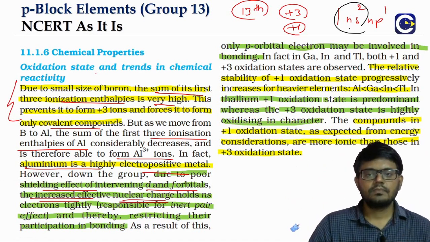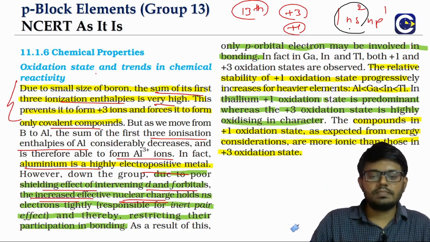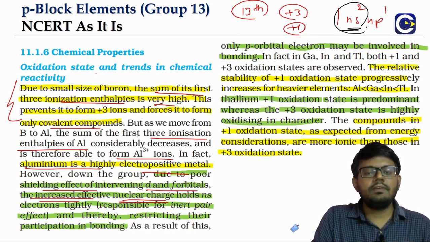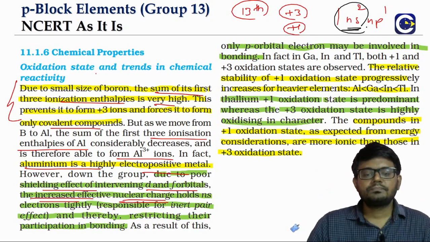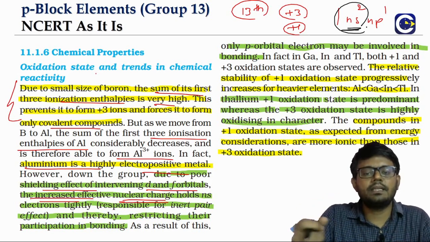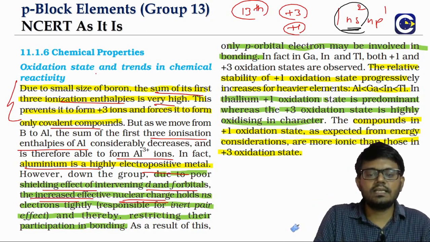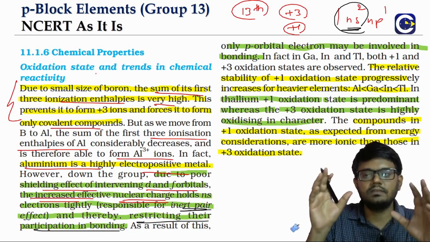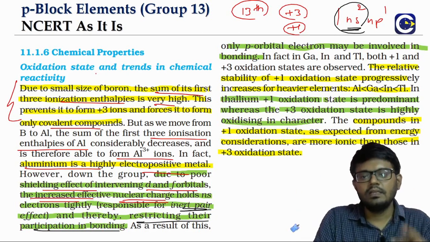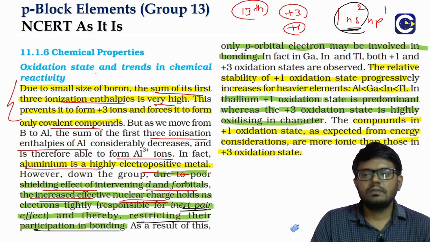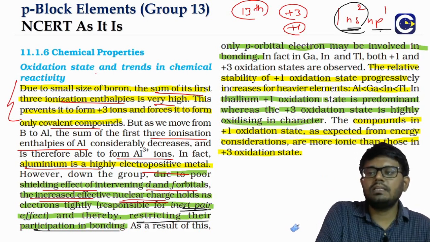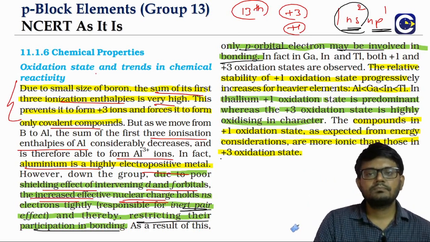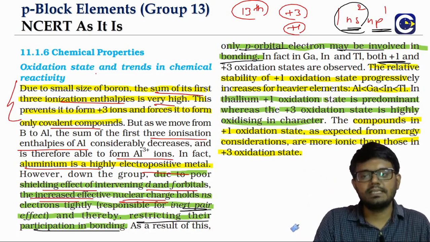Dumbbell shape. So as a result, what we will observe is these ns electrons, the 2 electrons in that ns level, will be held increasingly more tightly. In a way, they will be prevented from participating in the bonding. So these ns electrons will be restricted from participating in the bonding, and that is what we call the inert pair. Why the word pair? Because we have 2 electrons here in the ns. Inert means they become chemically inert, and it leaves only the 1 electron in the np level. So only that p electron will then participate in the bonding. That is the reason why we will see this +1 oxidation state.